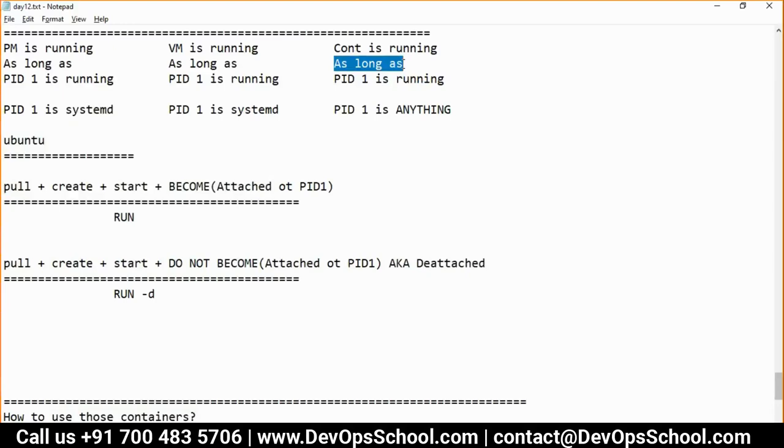How do we ensure PID1 is running and does not exit? That's a good question. The developer of the image decides whether PID1 should run in daemon mode or should exit after the work is done. You will become a developer tomorrow and you can decide whether your image should keep running or not. What is the purpose if an image is not running? If you have any image, it should run, right? Otherwise, what is the benefit of it?